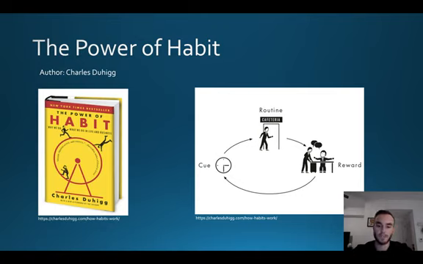So the book focuses on how you can identify these cues and change your routines and your rewards, and it's really a great book. It's pretty cheap and I would strongly recommend reading it. I thoroughly enjoyed it when I read it, and I've actually utilized some of the points in the book in order to get myself to start eating healthier and going to the gym and that kind of stuff. So it might be worth something to check out if you're committed to making these changes in your adolescent life.